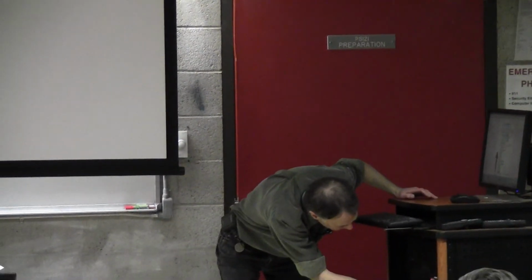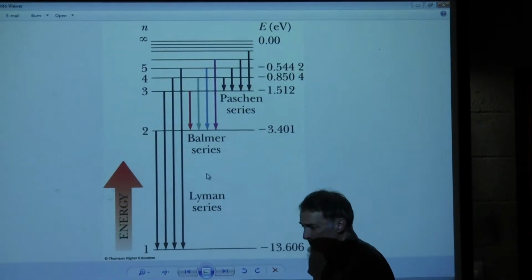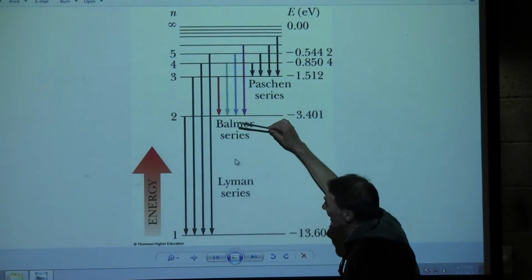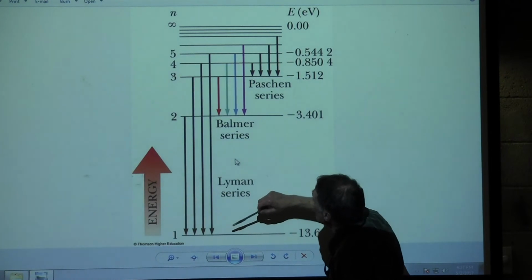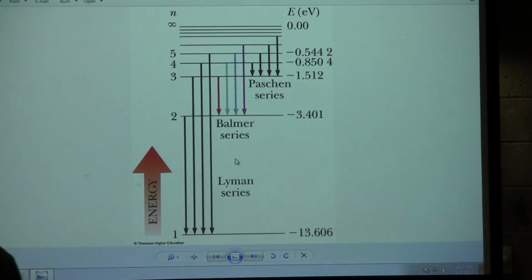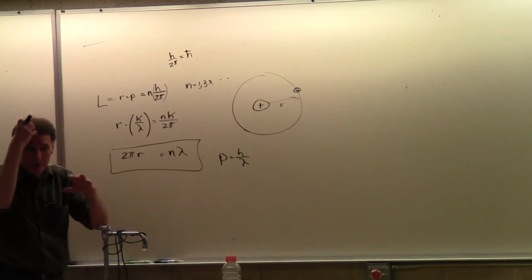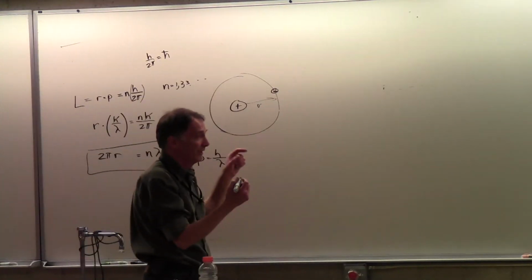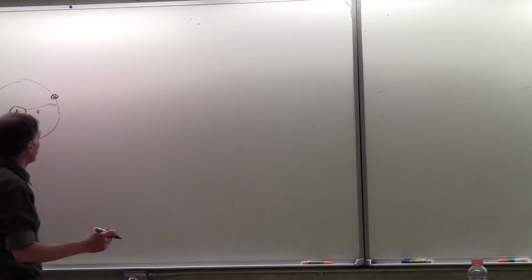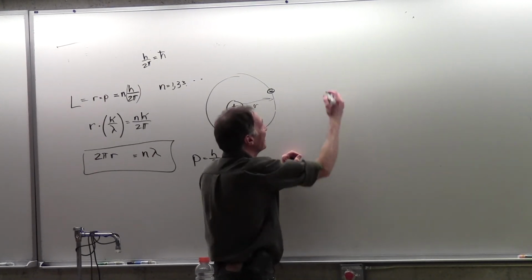Now the idea of these spectral lines, coming back to hydrogen, is that you have various energy states and you get different transitions. And these are kind of to scale for energy. We're not going to derive this. It's in the book. Some of you, it's not difficult to understand, but we're just short on time. What you'll want to use for this exam, as far as calculations, is this: